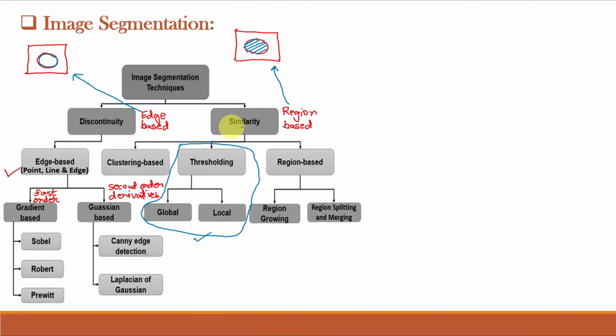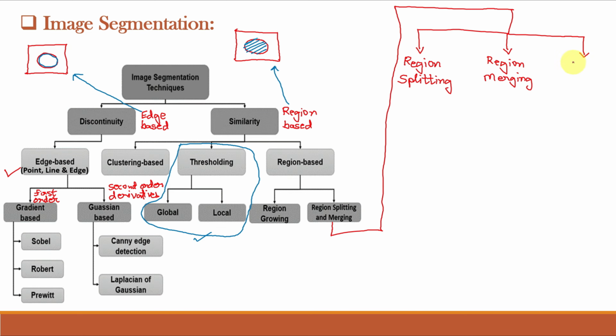One classification of this similarity-based technique is thresholding, which we learned in the previous video class. And for the thresholding, the segmentation was accomplished via thresholds based on the distribution of pixel properties such as intensity values or colors. The region-based segmentation may be further classified broadly into two categories, region growing and region splitting and merging. And more precisely, region splitting and merging can be region splitting, region merging and region split and merge.